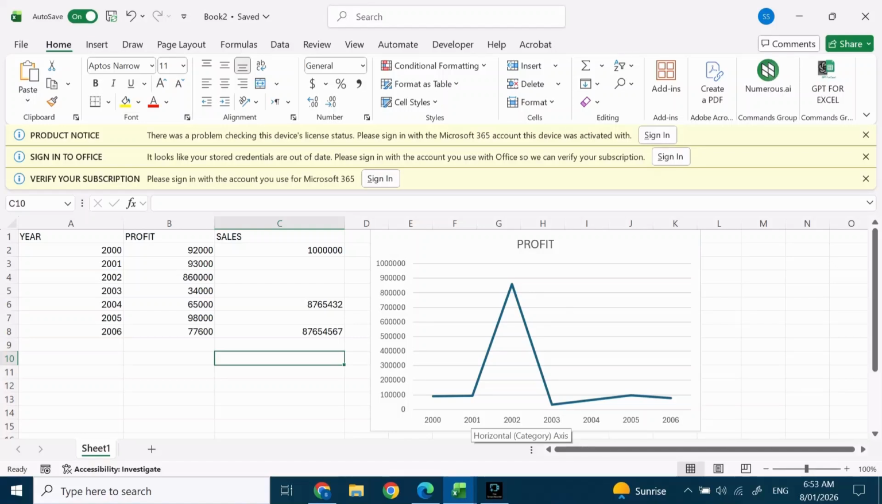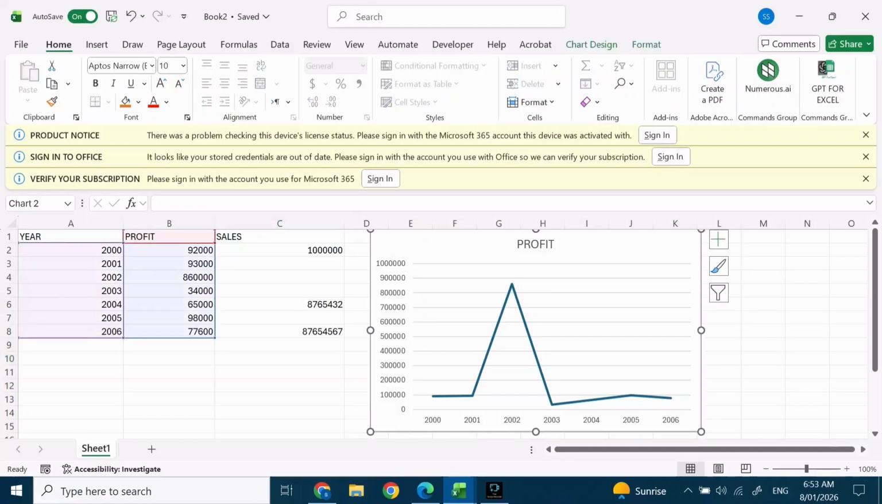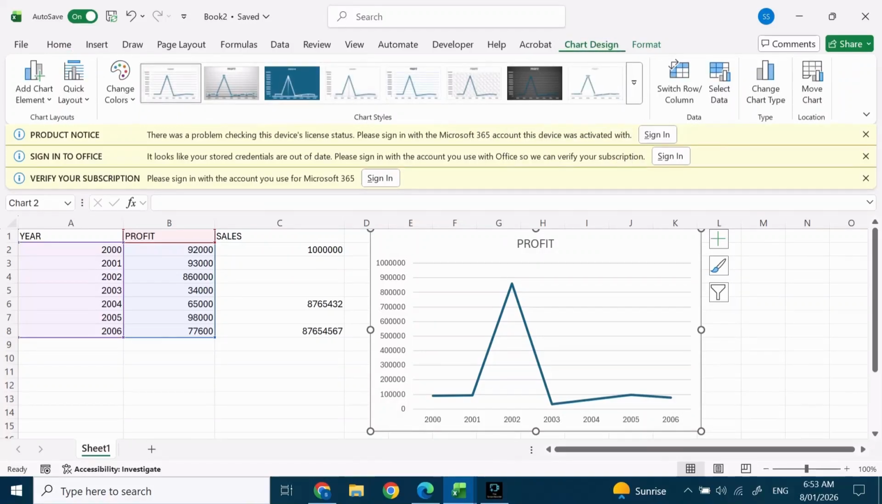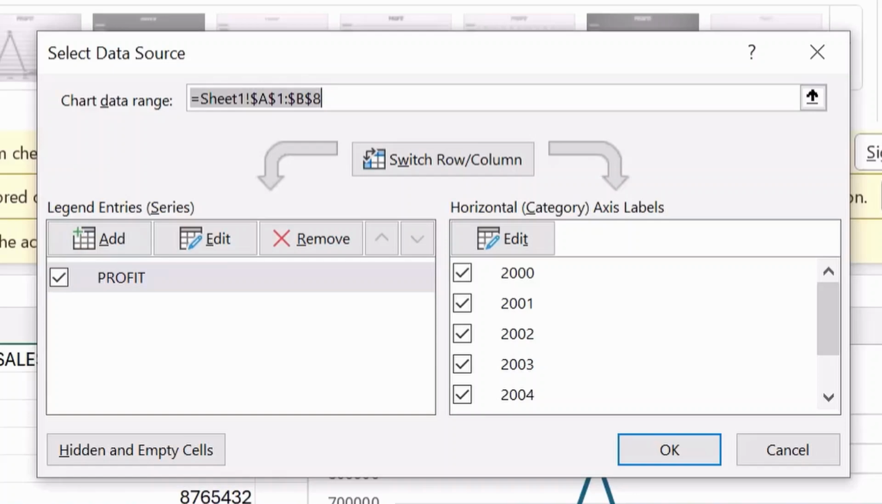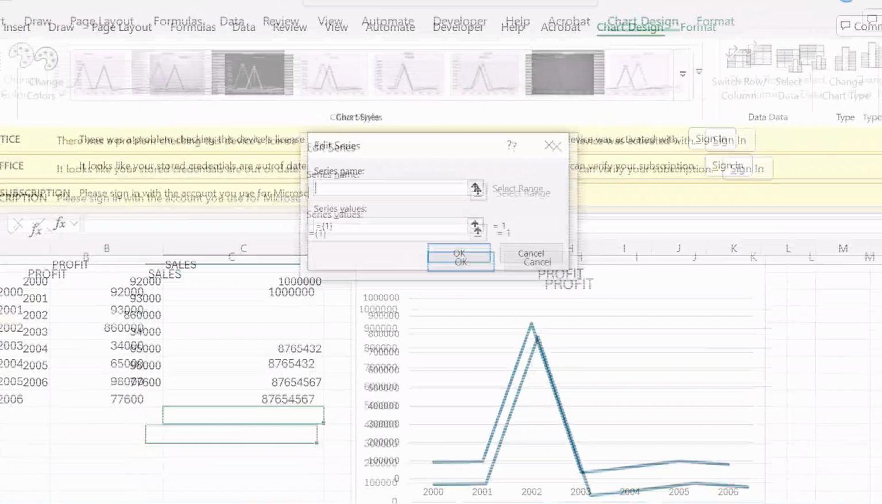First, open Excel on your device. Here, simply click on Chart Design at the top. In Chart Design at the top, click on Select Data. After you click on Select Data, click on Add. After you've clicked on Add in here,